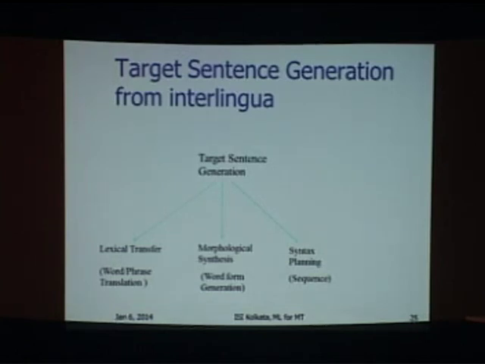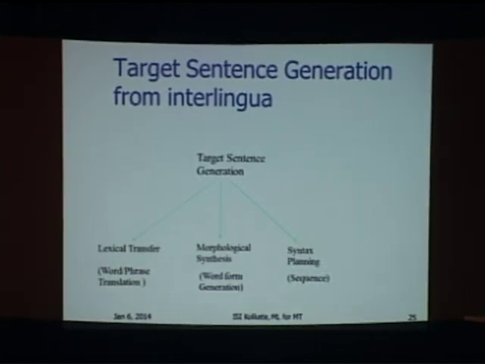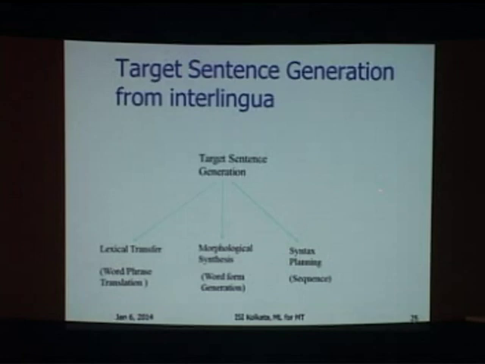Now when we come to generation of target sentences from the representation, the problems that we have to solve are lexical transfer, that means word mapping, and morphological synthesis: how will the root word get transferred